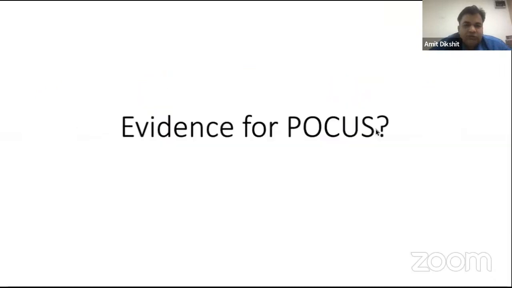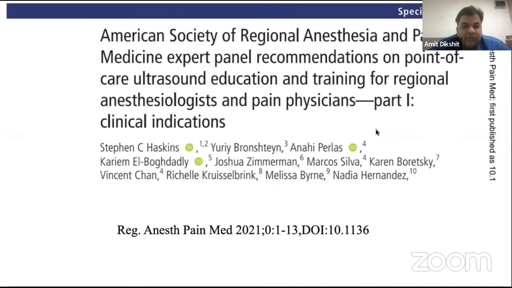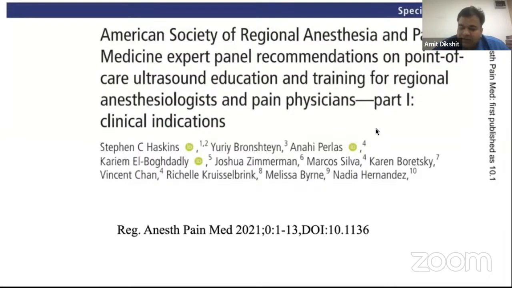So what is the evidence of focus? I am a regional anesthetist. I've done my fellowship in regional anesthesia. And there are many articles where anesthetists, because who all are doing airway, especially broadly, the intensive group. Then we have cardiac anesthetists and pediatric anesthetists, and then all the general anesthetists. So this general anesthetist in general, or the physicians, the emergency physicians, they follow many of the standard articles, and one of them